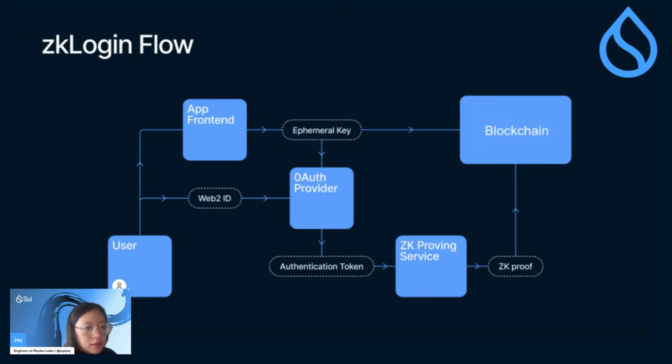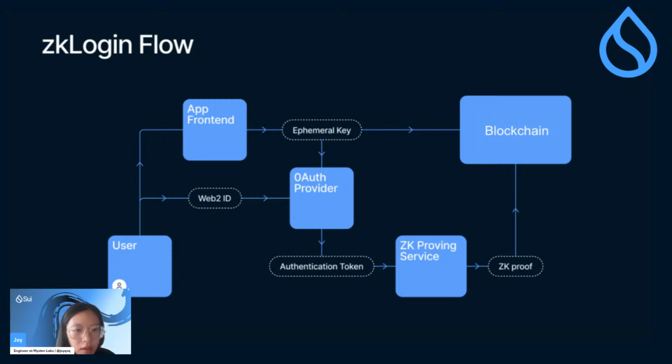Say this could be some game, and then the user will see a Sign in with Google button, and the user can enter their email and password as usual, and by setting this ephemeral public key into the nonce, the user essentially finishes a flow of committing to a public